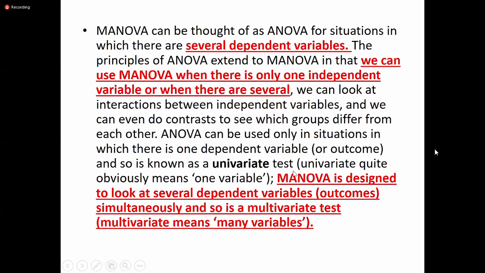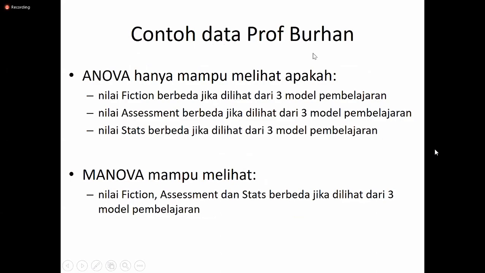Okay, now we are having a look at how they are normally used. So this is an example of ANOVA. In ANOVA, we do have a single dependent variable, let's say nilai fiksi, berbeda jika dilihat dari 3 model pembelajaran. Okay, I'm going to show you